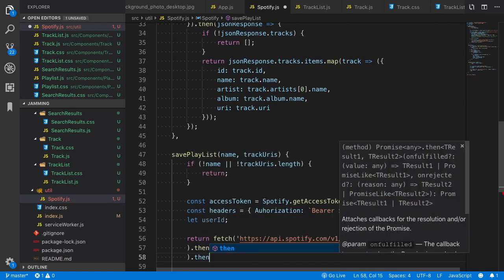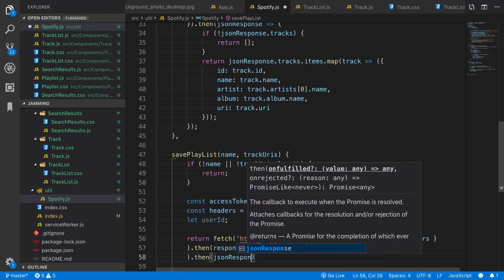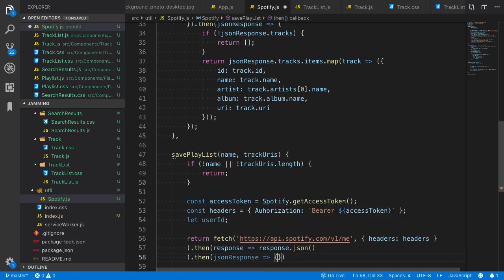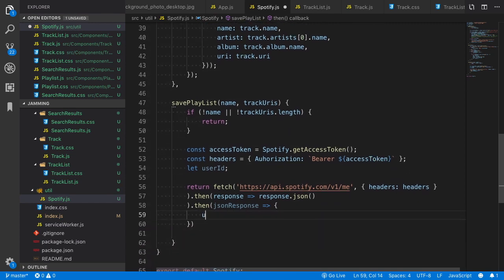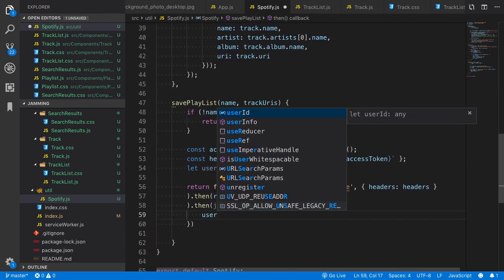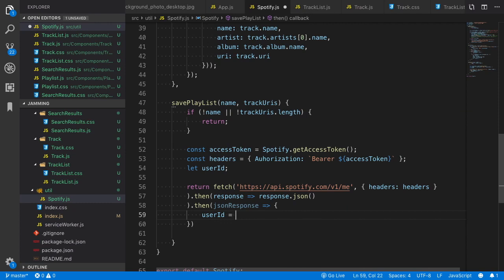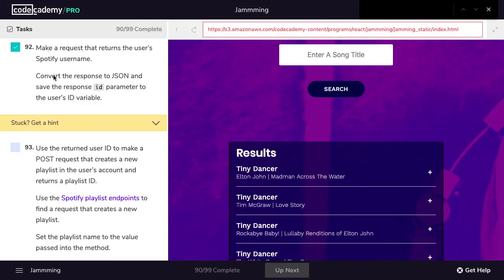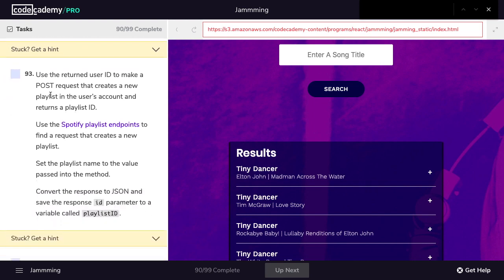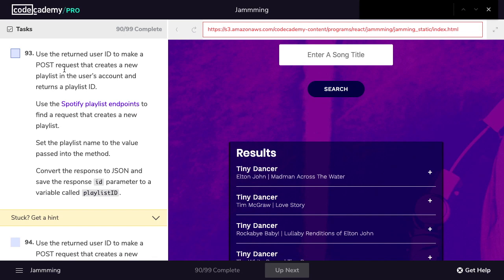So we can do this by saying then JSON response, and we'll do a fat arrow function. So we'll set user ID equal to JSON response dot ID. So in step 92, we converted the response to JSON and saved the response ID parameter to the user's ID variable. Perfect. Okay, so in step 93, we're going to use the returned user ID to make a post request